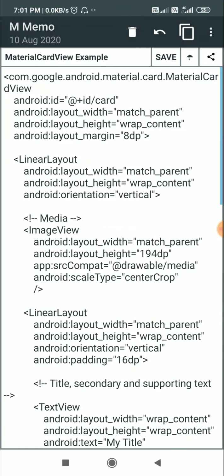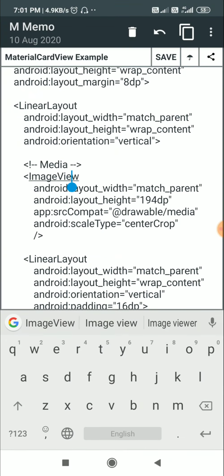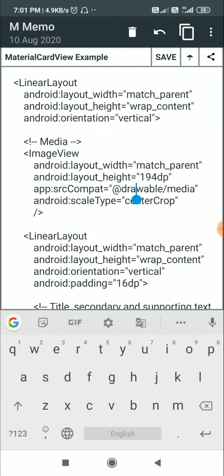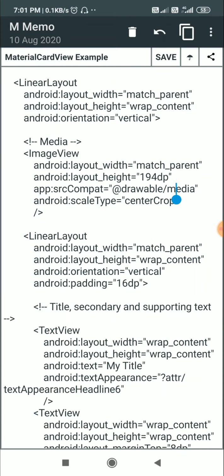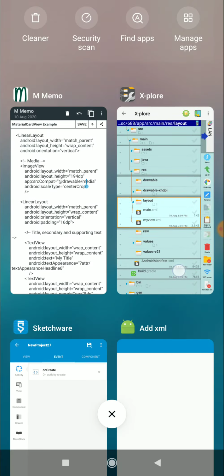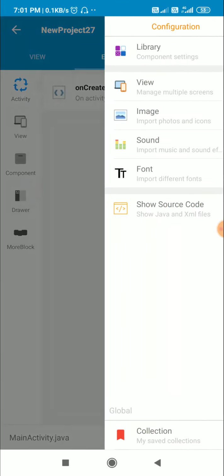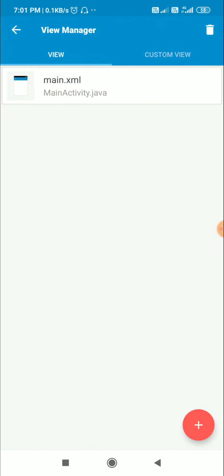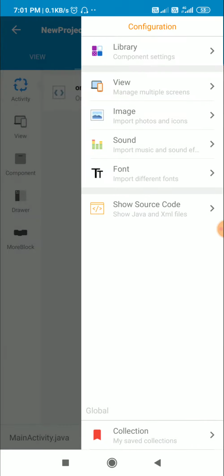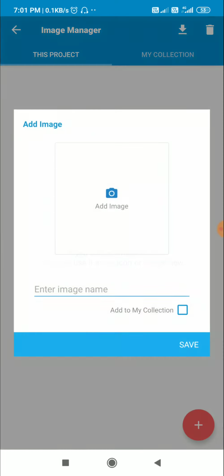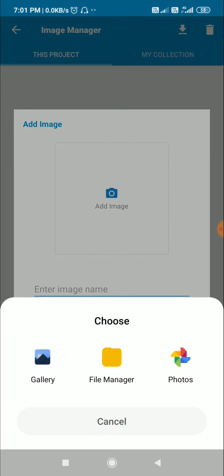Now this code contains an image view for which there is an image called media, @drawable/media. So we need an image called media in our project. So for that I will go to view, I will go to image, and here I will add an image.